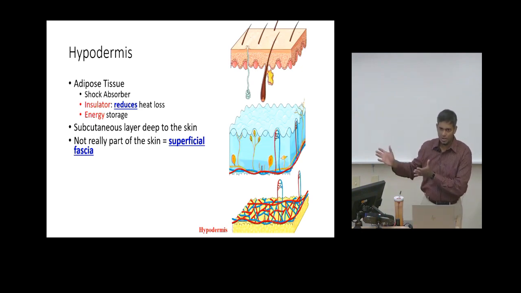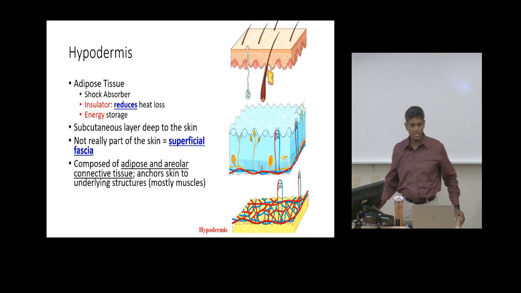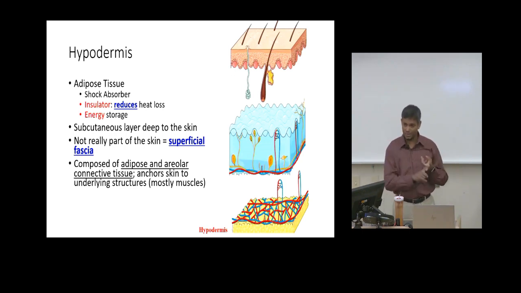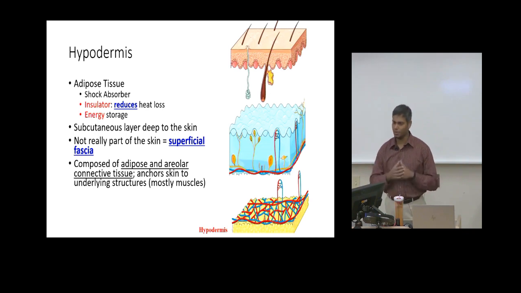So coming down to what do we mean by the fascia as far as the hypodermis is concerned, we see that it's made up of two types of connective tissue. The first is the adipose tissue, and the second is areolar connective tissue. So let me just quickly refresh you on the three layers which we discussed in the integumentary system. The epithelial cells are found in the epidermis. The dermis is made up of two types of connective tissue. What are they? Areolar and dense irregular connective tissue. And the hypodermis is also made up of two types of connective tissue, adipose tissue and